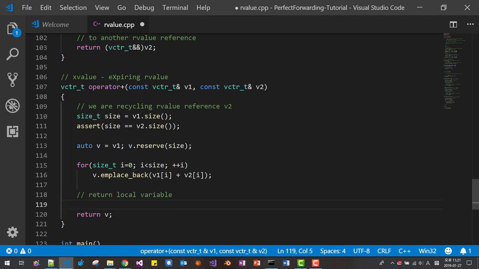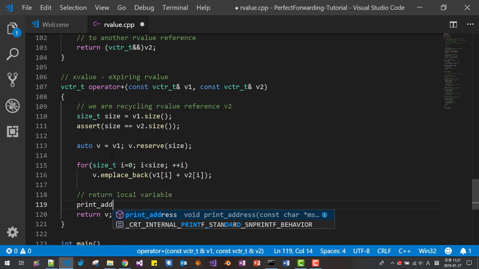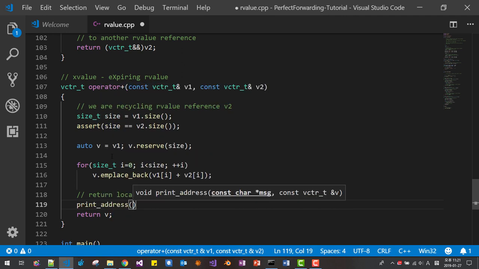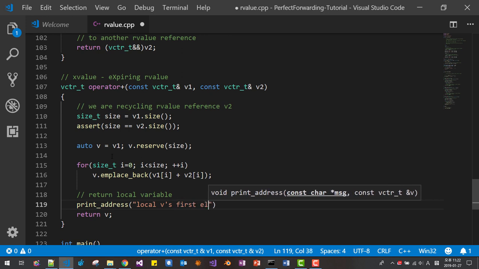First element of this v, print address of v, local v's first element address, then v. Okay,